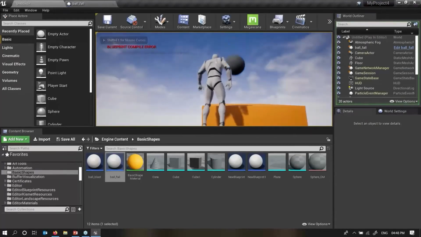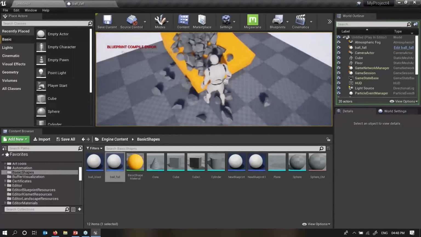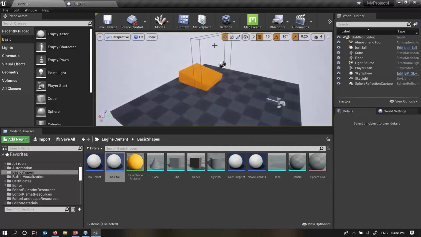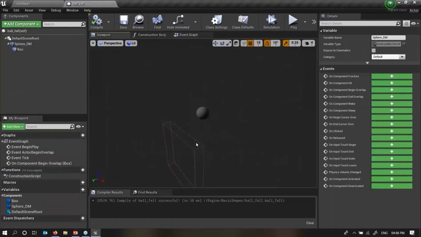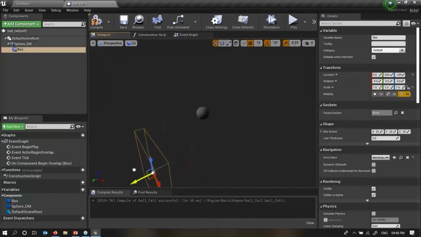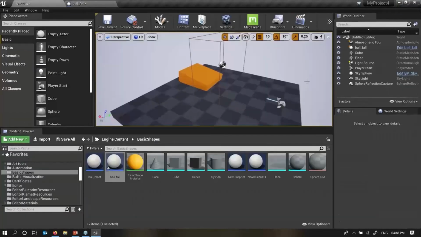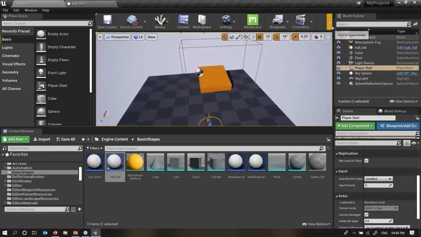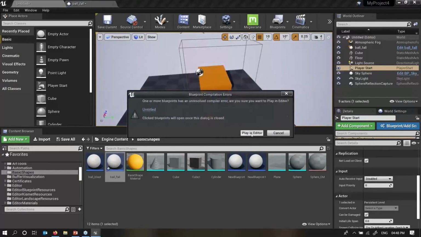Just see that. See, again, if I want to edit this also, I'll need to go to my viewport. I'll select this child and increase it a little bit more. Or sometimes in a cave, once you enter, there is a lot of debris and all the stones start to fall. So this is some kind of element we can do with the help of this blueprint. That is very simple but very effective.